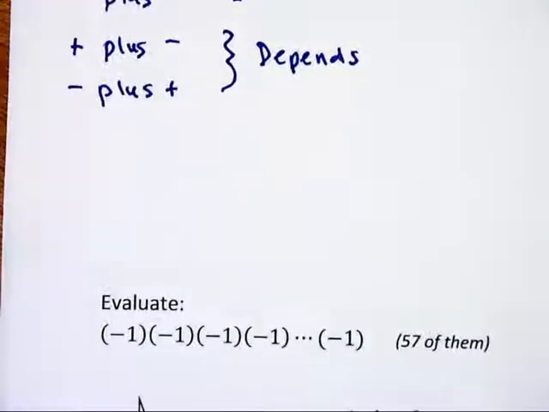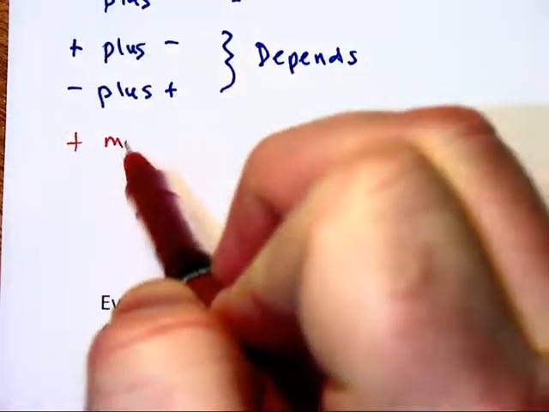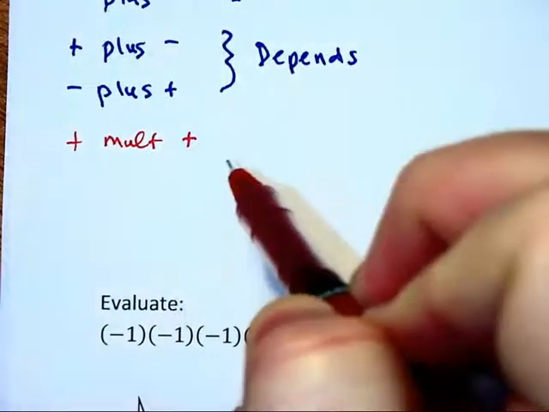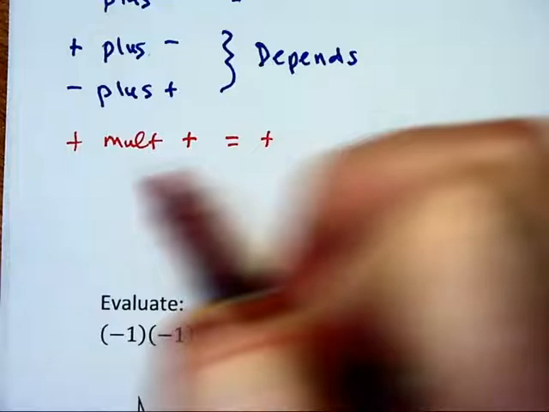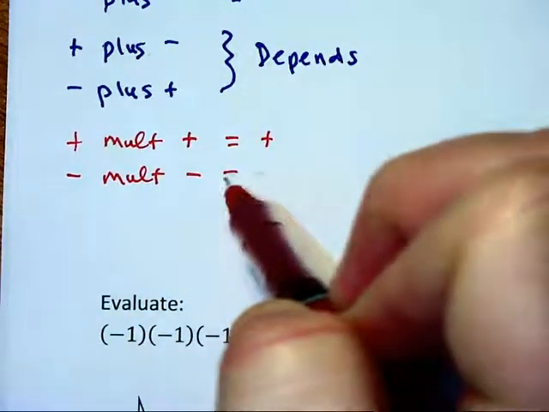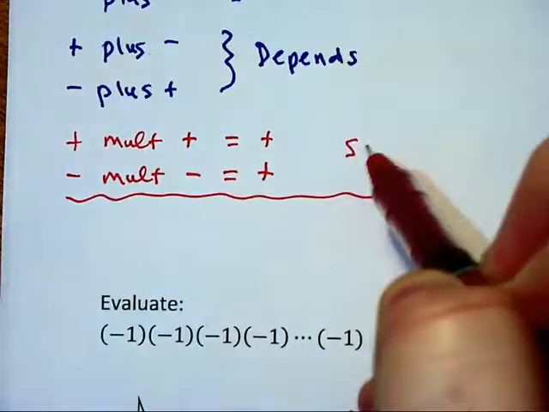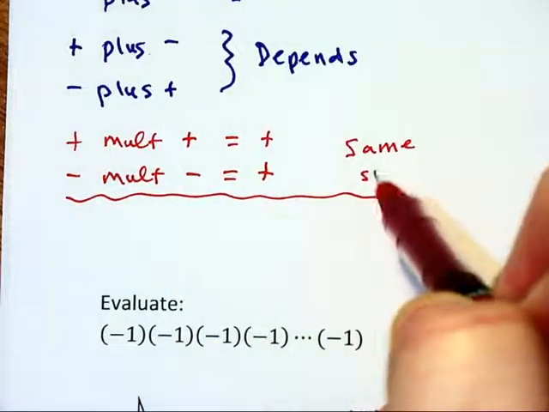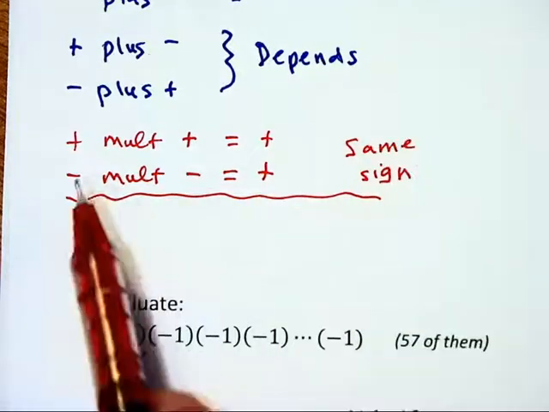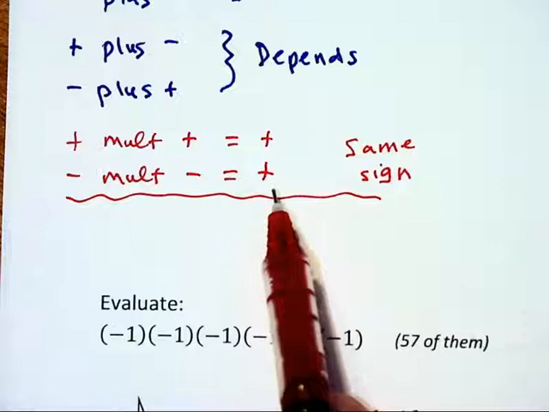When it comes down to multiplication and division, if you have a positive multiplied by a positive, it equals a positive. If you have a negative multiplied by a negative, that is equal to a positive. In both of these cases, we are dealing with the same sign. If the two factors which you are multiplying together have the same sign, then the product, the answer to the